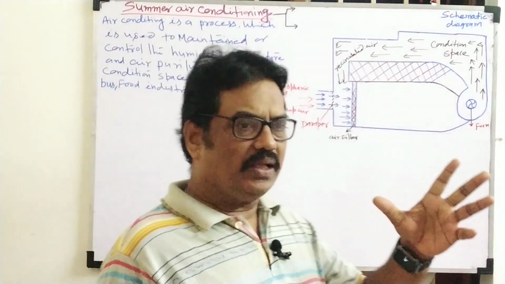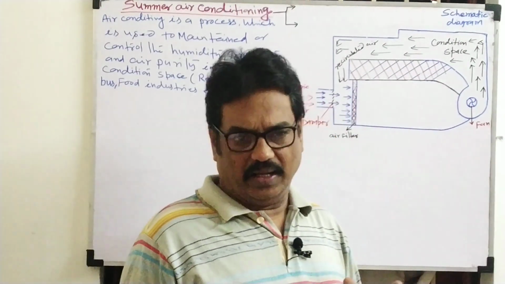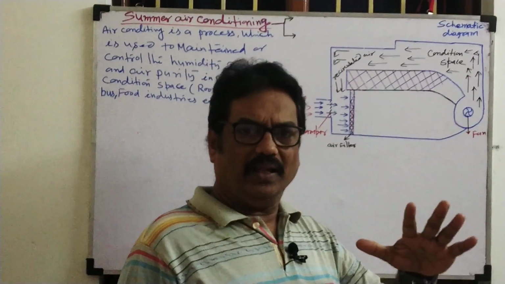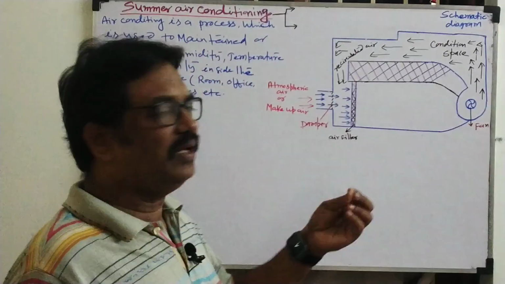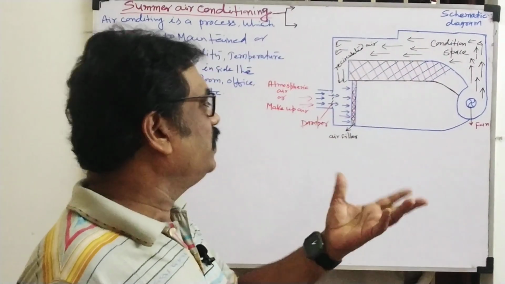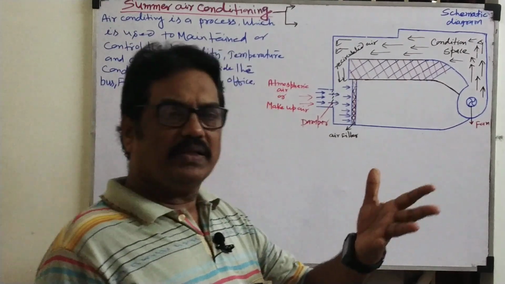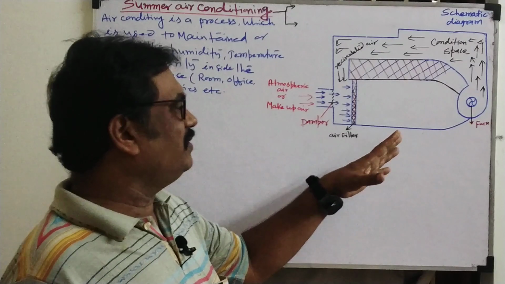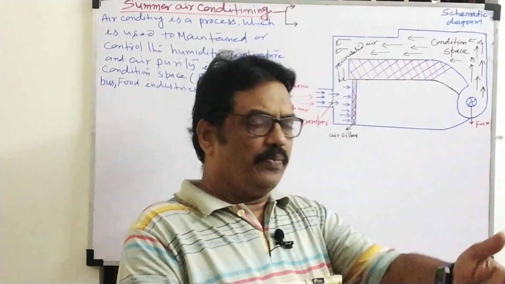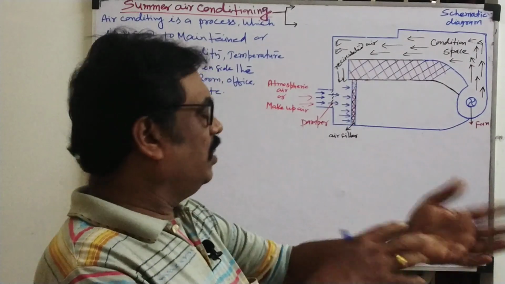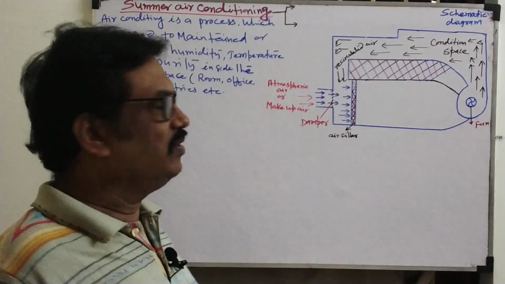Hot and wet weather means temperature will be very high. In both cases temperature will be very high. But in the south region humidity will be approximately 80 to 90%, and that is called wet weather. How will you distinguish this? If temperature is high, you will feel it in both places. But humidity means moisture. In the south region, because of the moisture, you will always feel sweating, and you will always see water particles on your body.